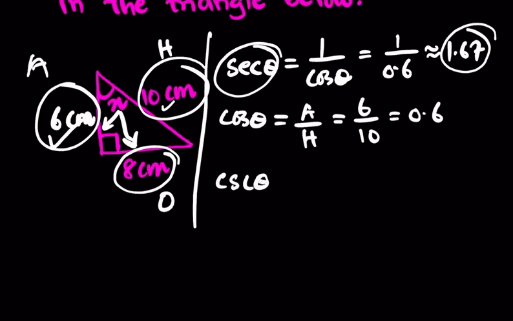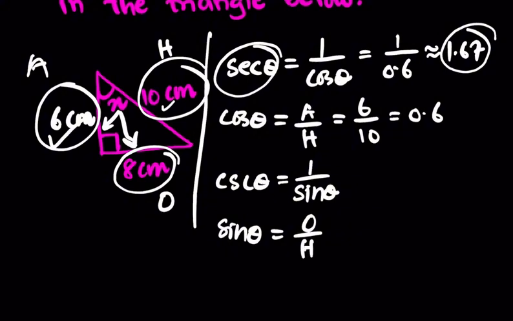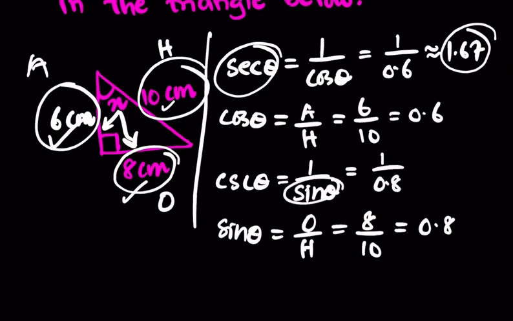Cosecant theta is equal to 1 over sine theta. Let's find sine theta first. Sine theta is given by opposite over hypotenuse. Opposite in this case is 8 and hypotenuse equals 10. So 8 over 10 means 0.8. Substitute here. 1 divided by sine theta, which is 0.8, equals 1.25. So cosecant theta equals